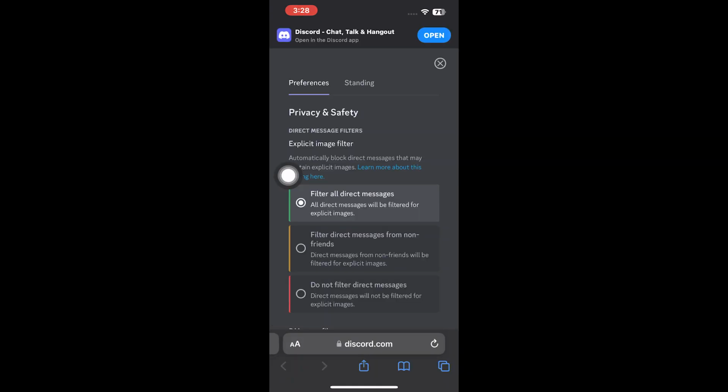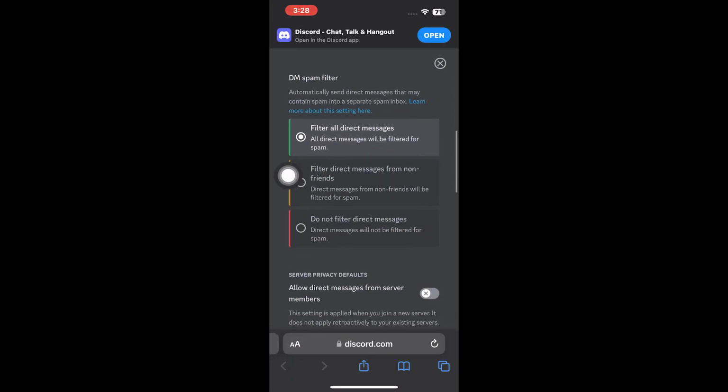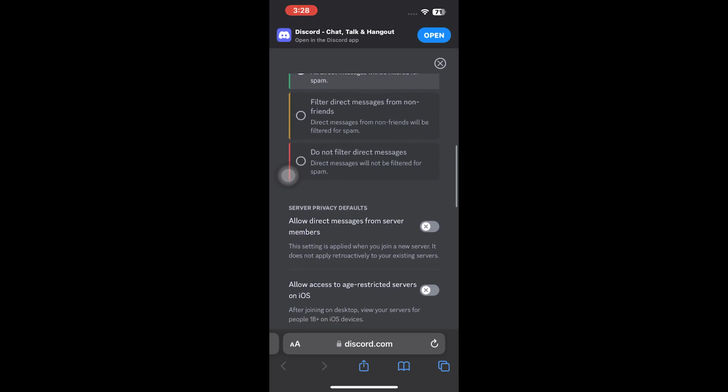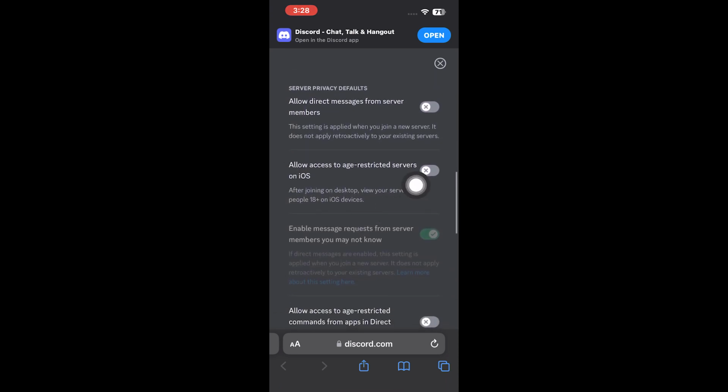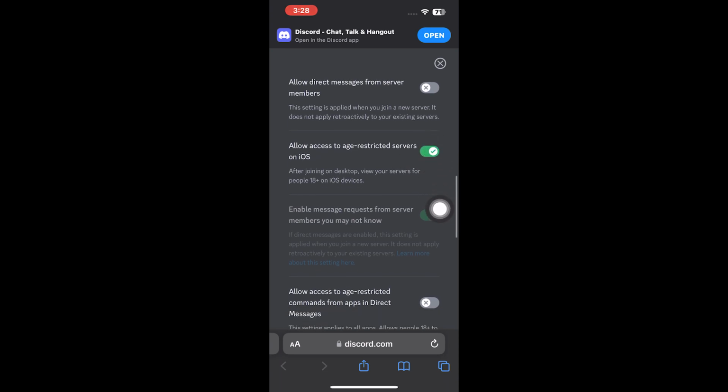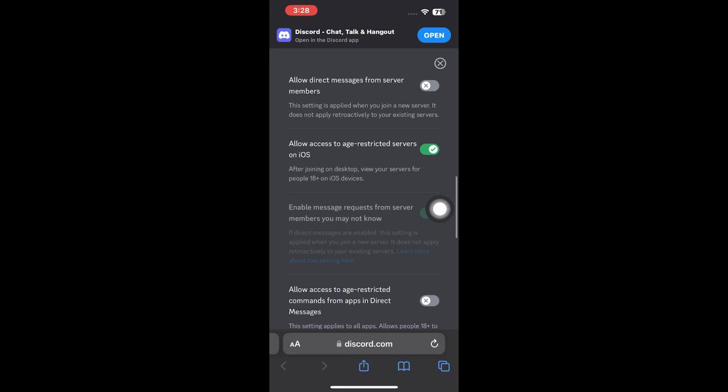Your account has been successfully logged in, and now go to Settings. Here you can access your Discord using the web version. Go to Settings and click on Privacy and Settings. Scroll down to Server Privacy Defaults. Here is an option to allow access to age-restricted servers on iOS. Turn this button on. That is how you can get access to